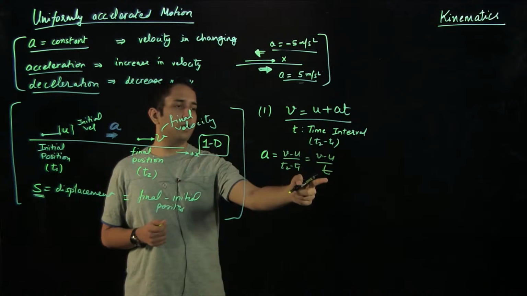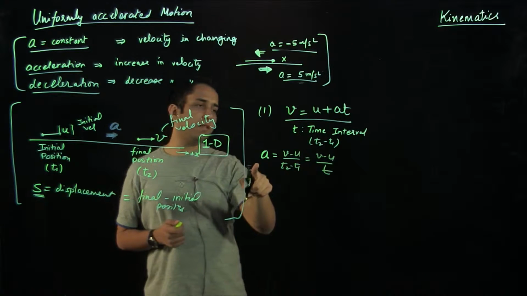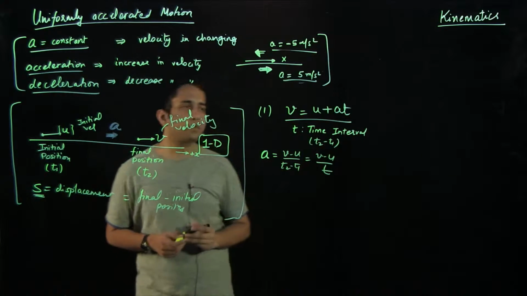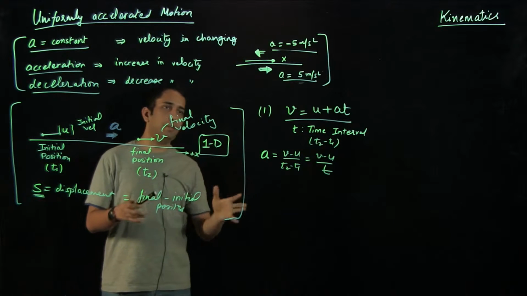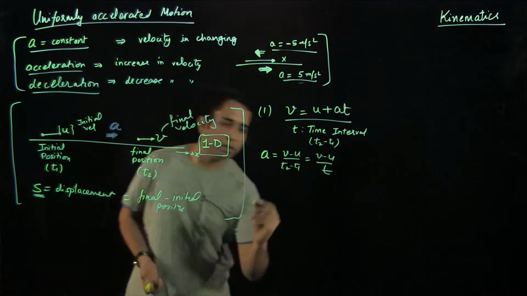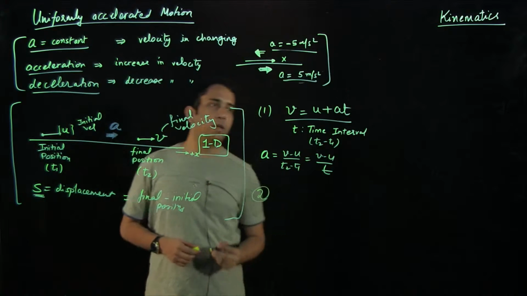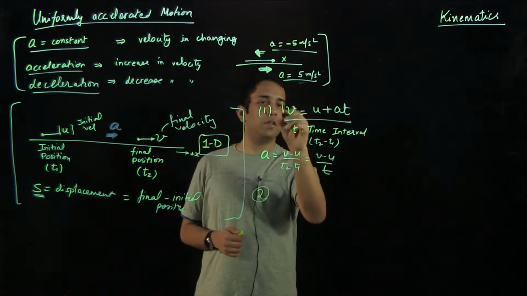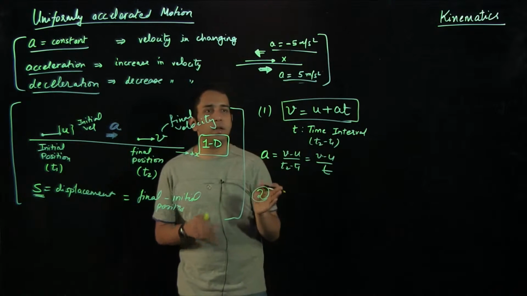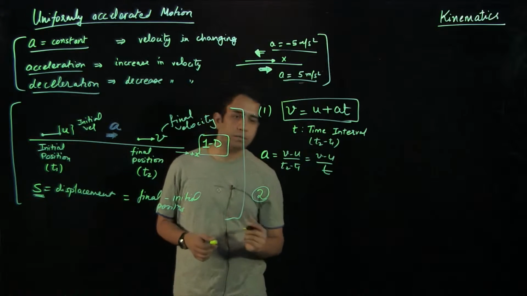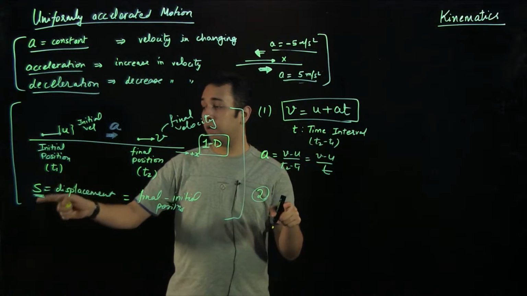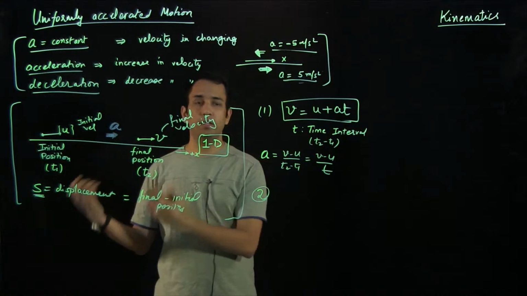So we'll just take t to the left hand side and u also on the left hand side, then we'll get this equation. So this is the basic first equation which we'll be using for uniformly accelerated motions. The second equation, so the point to note is that the first equation relates acceleration, time period, and the velocities. But still we need an equation which should also use the displacement.